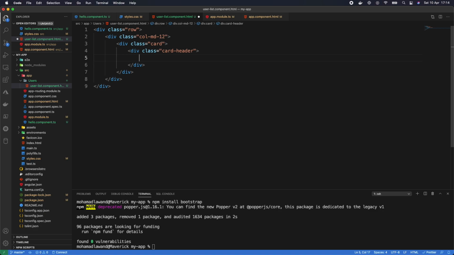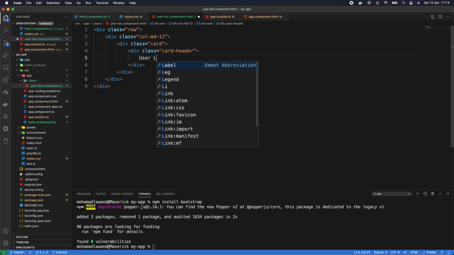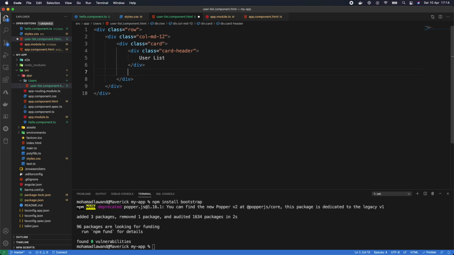Perfect. And then we're gonna call this header user list. Great. And then after that we're gonna create the card body, where we're gonna add the functionality to filter the users list based on their names. So let's add a filtration box, and let's put a div class equal card-body, and inside of this